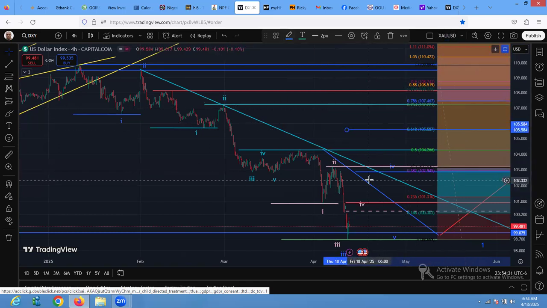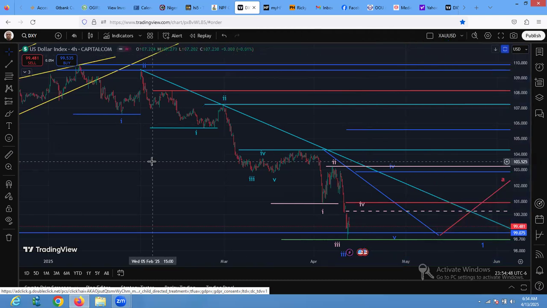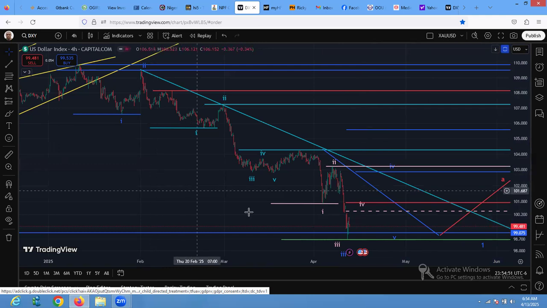so if we are to do wave 4, we know in the blue, and if we are correcting a bigger ABC of wave 2 between here and here without breaking this place, once you break this place, that means price is going back up to break the top, and that means we are done with that trend. So that's how to do. So that's 3 possibilities. But for now, in the immediate, if you look at what is playing out here on